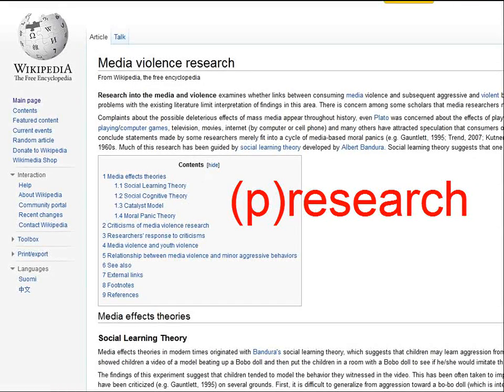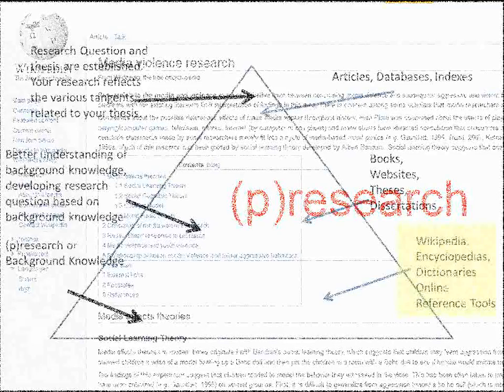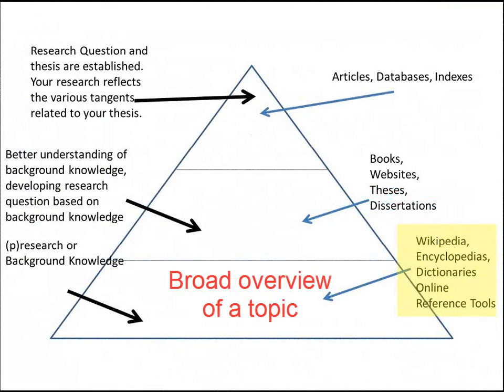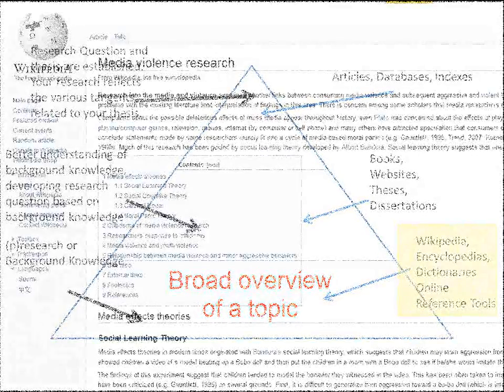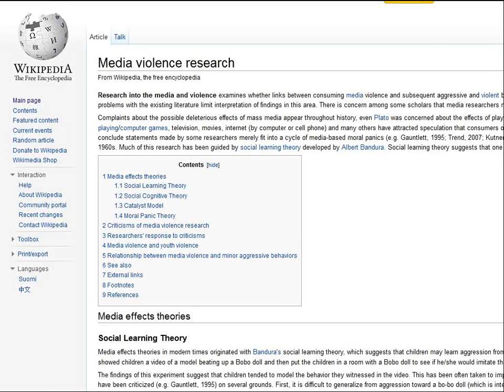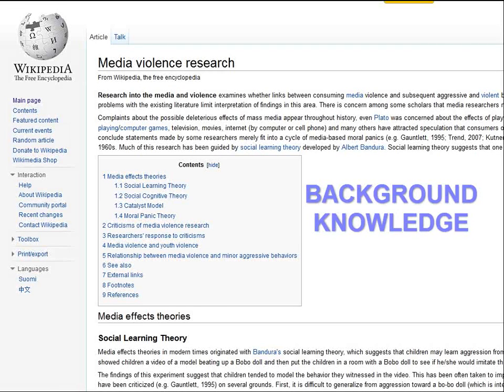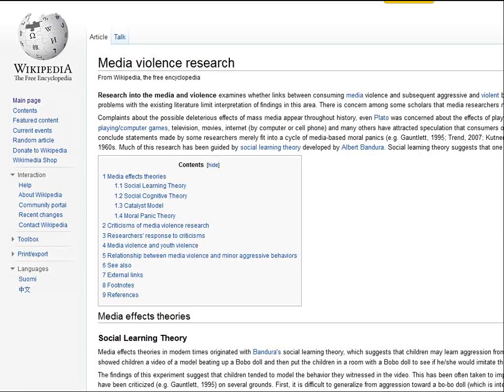However, traditionally you do not need to make reference to it in your paper. Wikipedia and other encyclopedia articles tend to provide a broad overview of a topic. Typically, when you're doing a research paper, the instructor wants your research to be a bit more focused. Wikipedia can be used to develop the appropriate background knowledge for a topic, which enables you to do better research. Wikipedia is a place to start your research, but do not finish it there.